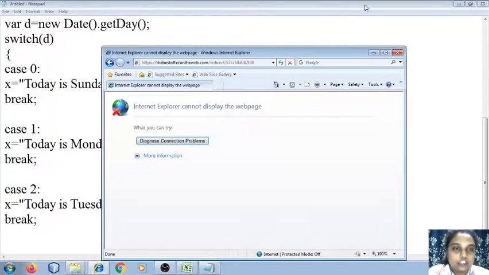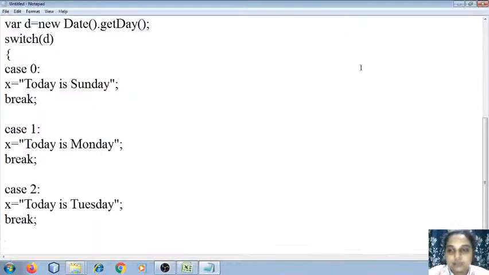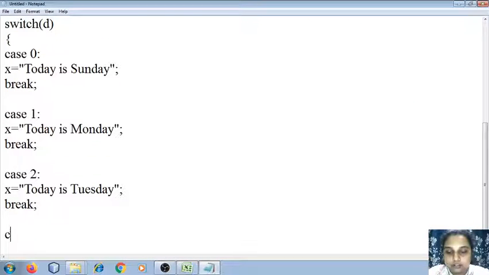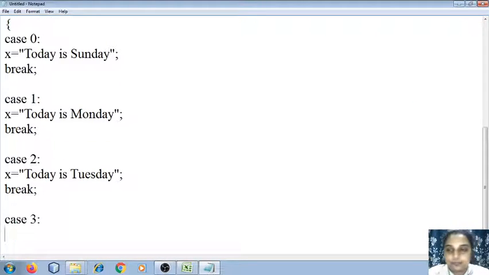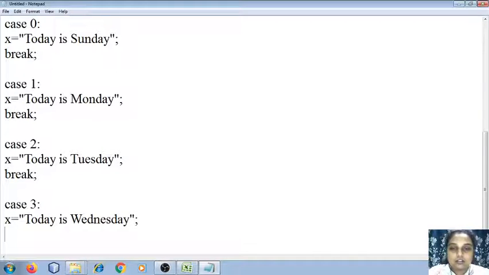Similarly, we need to include all the days starting from Sunday to Saturday. So case 3, today is, now I finished with Tuesday, so the next day is Wednesday. Alright, then I'm going to include a break statement.